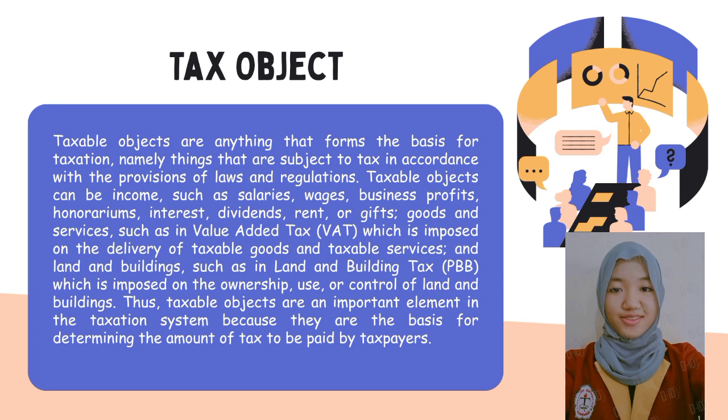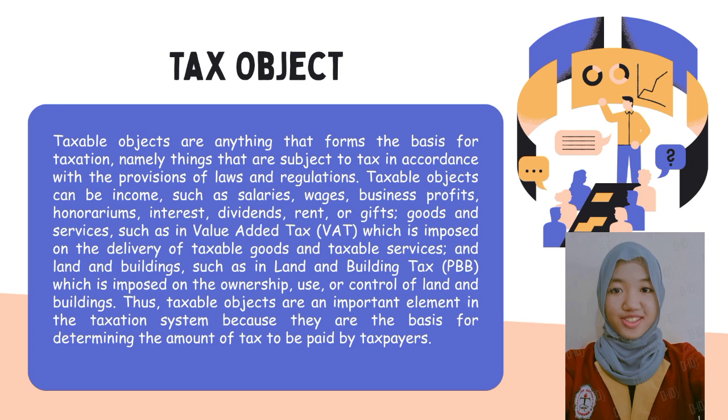Tax object. Taxable objects are anything that forms the basis for taxation, namely things that are subject to tax in accordance with the provisions of laws and regulations. Taxable objects can be income, such as salaries, wages, business profits, honorariums, interest, dividends, rent, or gifts, goods and services, such as in value-added tax, VAT, which is imposed on the delivery of taxable goods and taxable services, and land